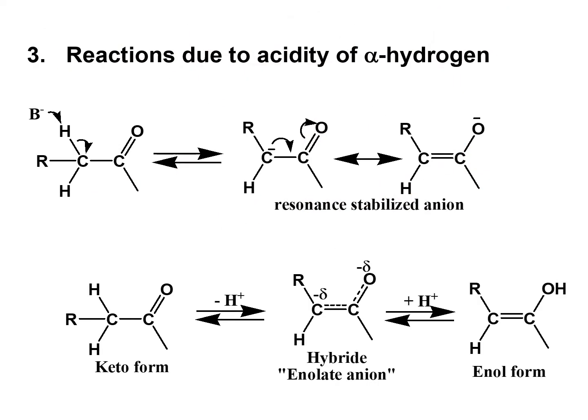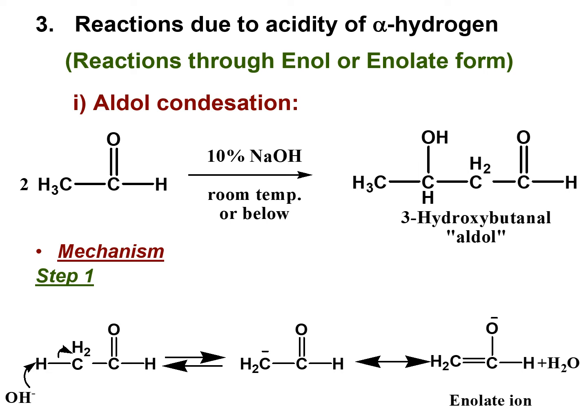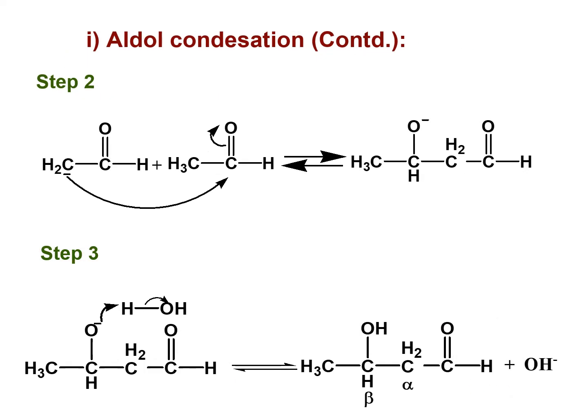So now if we look at the organized slides for this part, we will find that first of all, we dealt with why the alpha hydrogen to a carbonyl compound is an acidic hydrogen because of the resonance. And then we dealt with the reactions. We started with the aldol condensation. As we said, it will stop at the OH if we do not warm the reaction in presence of a dilute acid. The first step is that the base abstracts your proton, giving the negative charge, which is stabilized by resonance. The second step is the attack of the negatively charged carbon on another molecule of your aldehyde,